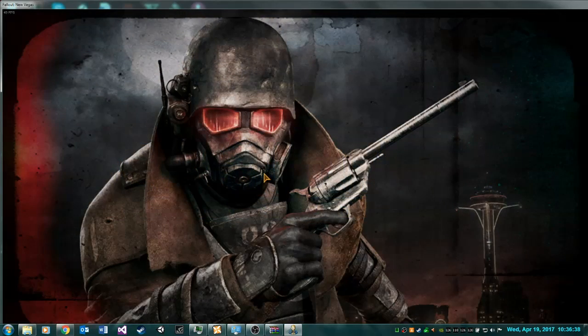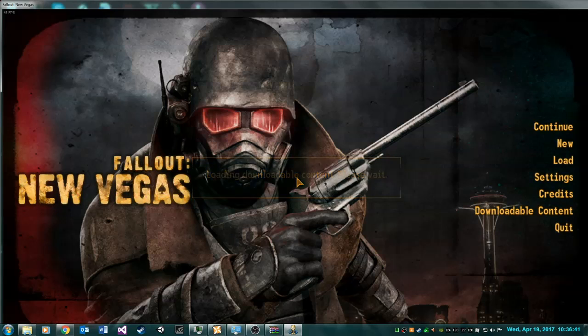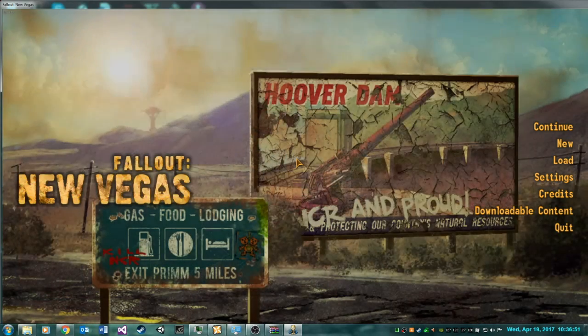And in order to check if NVSE is working, we're going to hit the tilde key. For those of you who don't know, that's between the tab and the escape key. And I know it's difficult to see right now because I'm running in Windows mode, but you're going to type in capital GET, get NVSE